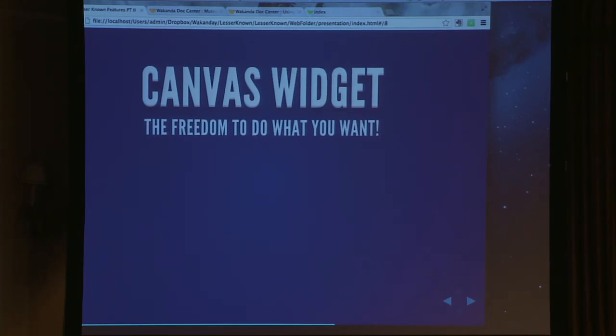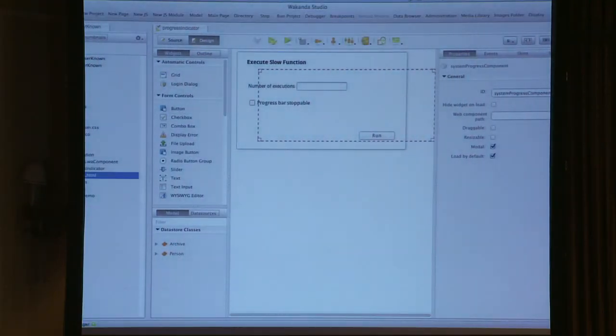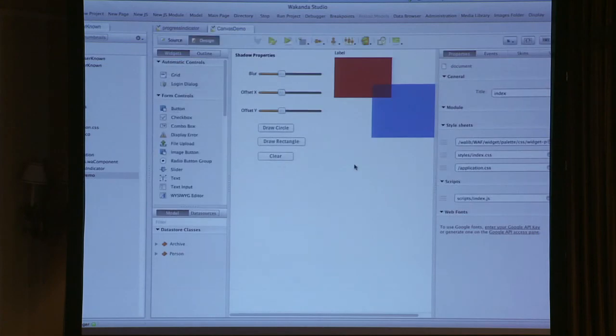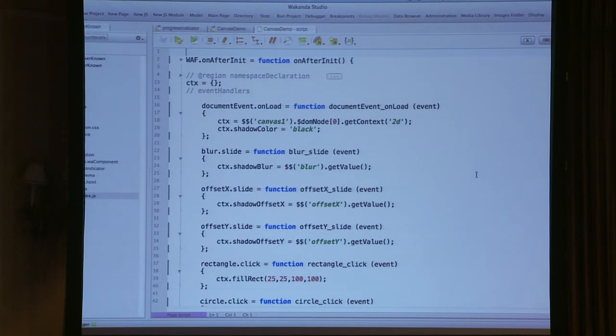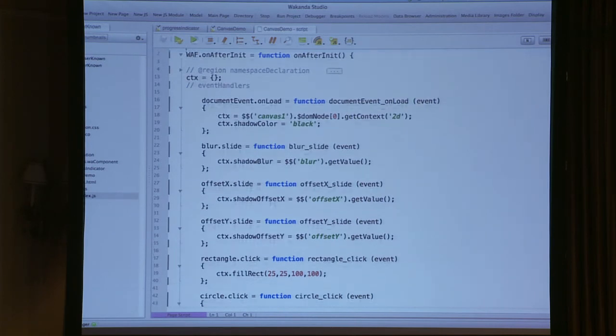And I'll leave that to you to figure out, but I'll give you a quick little demo of some things you can do. Primarily, I think drawing is the main attraction to Canvas. So what I've got here, I'll show you some of the code behind this so you can see what Canvas code looks like. So I've got sliders here that are setting a shadow, and we're going to draw a few